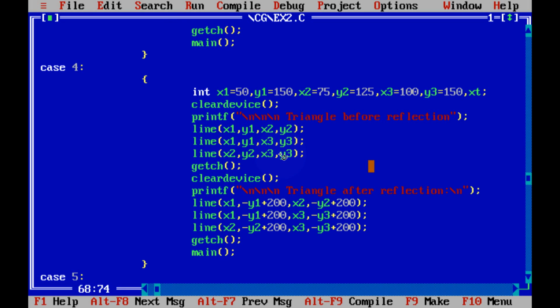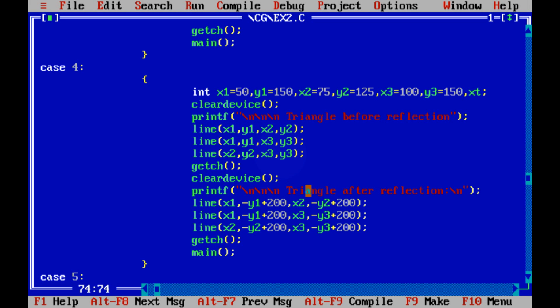As with all our transformations, here we have clear device in order to clear out all the graphics. And here we are just printing triangle before reflection, we're just drawing three lines: from first point to second point, from first point to third point, and from second point to third point. And then we are just waiting for a character to be pressed, and then we are again clearing the screen.